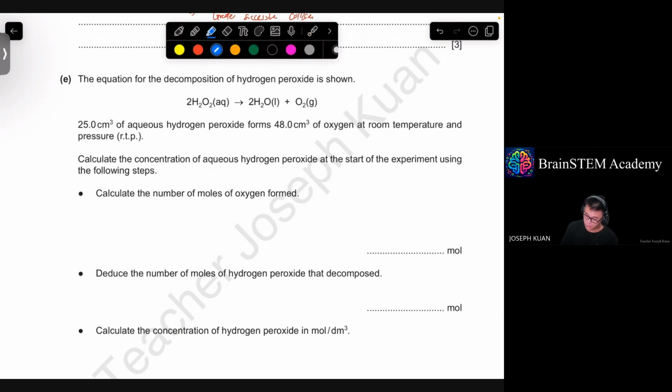Now, we are given the volume of oxygen, which is a gas. We know that in a gas, 1 mole occupies 24 dm³ of volume. This is a special characteristic for gases. So with that said, we're trying to find for 48 cm³, how many moles is that? So let's say we are trying to take 48